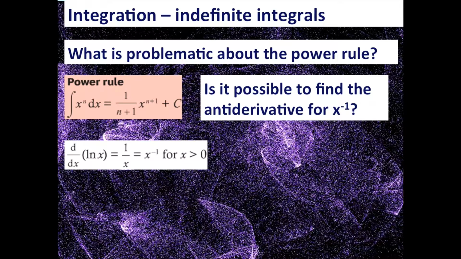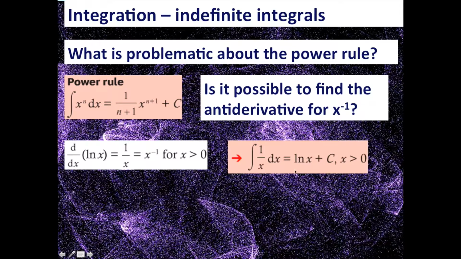So think back to the work that we did on differential calculus, and hopefully you can see the connections. We looked at finding the derivative, so using differential calculus to find the derivative of ln x. And when we did that, we found that the derivative of ln x equals 1 over x, or indeed x to the power negative 1, for values of x greater than 0. So given, therefore, that we've said earlier integration is the opposite process of differential calculus, it should come as no surprise, therefore, that the integral of 1 over x, or x to the power negative 1, is actually ln x